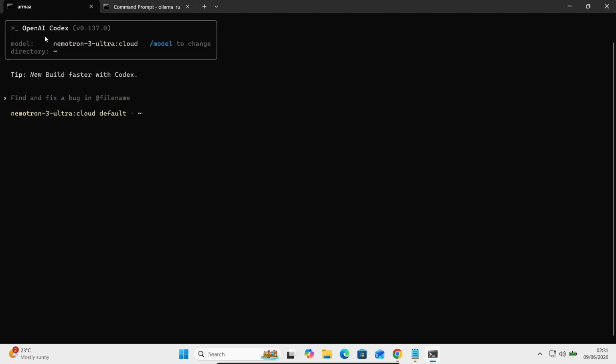So here you can see OpenAI Codex is 0.137 and the model Nemotron 3 Ultra is there. So now you can do any coding there, unlimited and free. You can see how it returns. You can ask any question, for example: